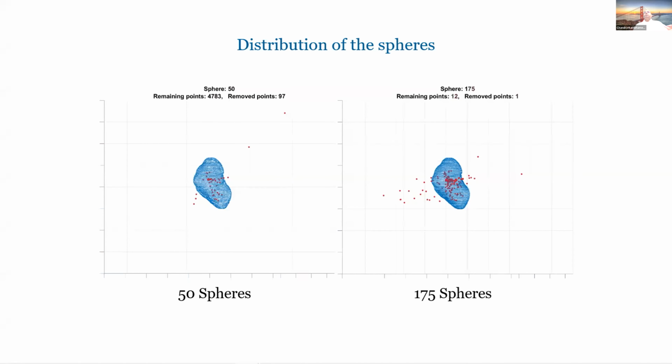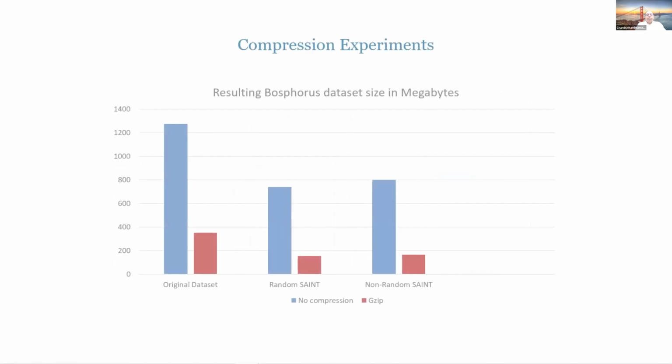Because of the big data, they have so much data, you can retrieve things in a much more efficient way using Saint, because you just have center and radius, you can index. Okay, so compression: the blue picture shows the original data, and the red picture shows the original data compressed by just regular GZIP.